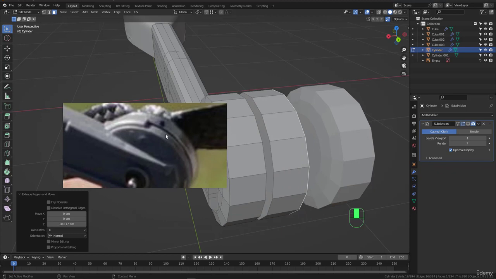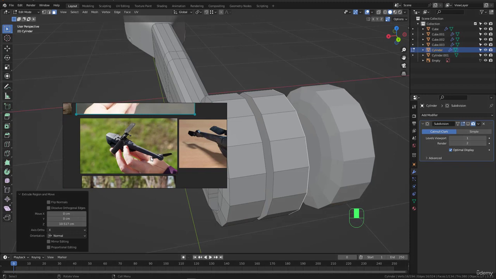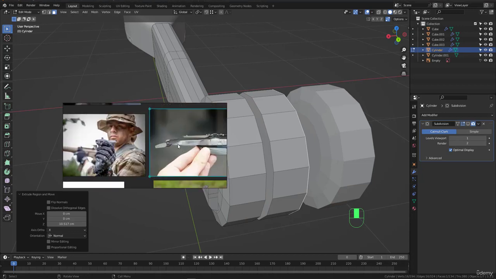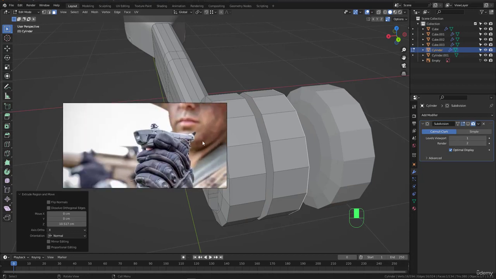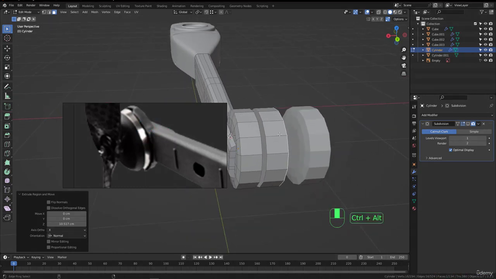Okay, let's bring the reference images. I just want to show why I did this. In this area, we have another geometry here. Maybe we can see it better in another image. It's right here, and let's try to find another image here. Or it's visible here as well. So yeah, because of that, I just